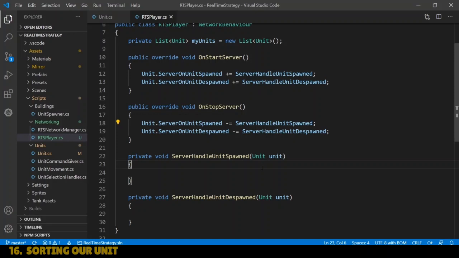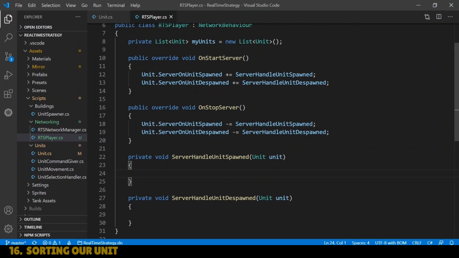If you've got any of that the wrong way around, or your pluses and minuses the wrong way around, then you'll come across some problems later on. So just take a minute to make sure you've got everything the right way around. Now we've got to remember that this RTS player script, we will be putting it on the player object, and